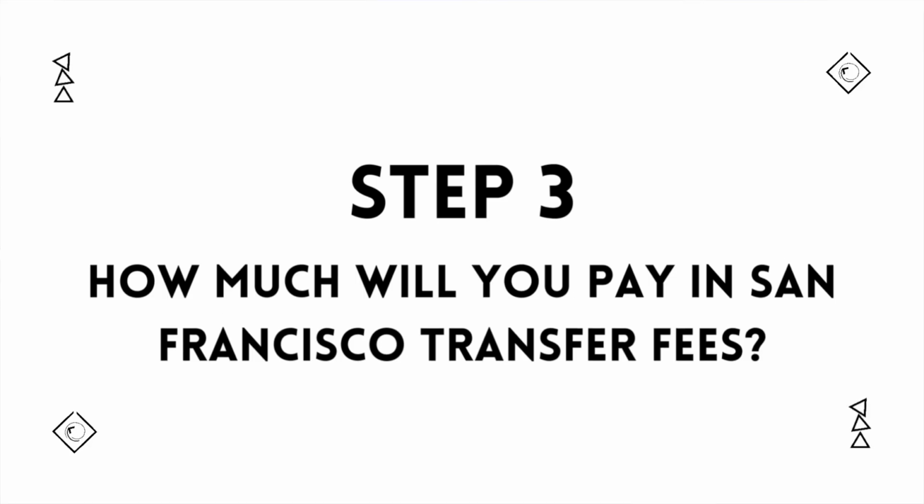Step three, calculate your transfer fee. San Francisco homeowners are subject to a transfer fee when they sell their homes. If this isn't a thing where you live, you can skip to the next step. But essentially, San Francisco has a tiered system for calculating transfer taxes. In our hypothetical scenario, the $2.2 million home lands in the $1 million or more, less than $5 million tier. This means that the sellers will need to pay $3.75 for each $500 or portion thereof of the final